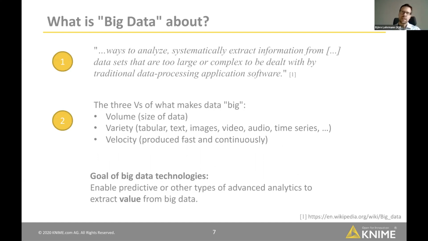Okay, so what is big data all about? Well, there are two traditional definitions of big data. One of them is that big data is a whole field that deals with ways to analyze and extract information from data sets that are either too large, in the sense of too many rows, or too complex, in the sense of too many features, to be dealt with by traditional data processing application software, which is a way of saying relational databases or Excel or desktop applications that we've been using so far.